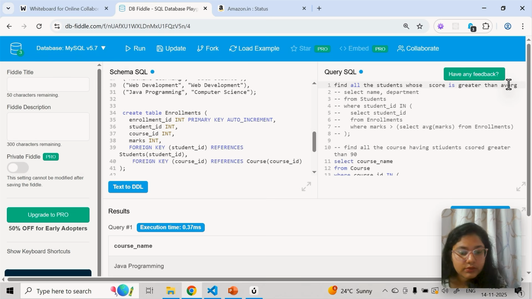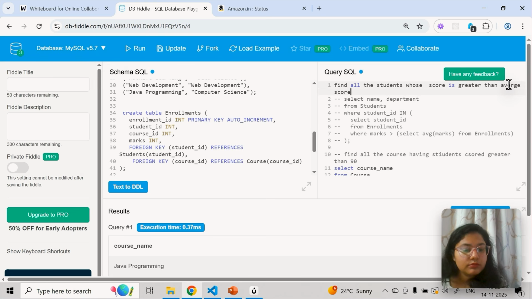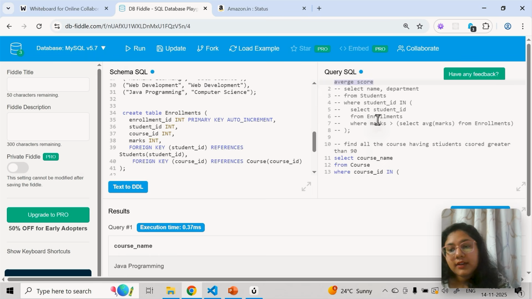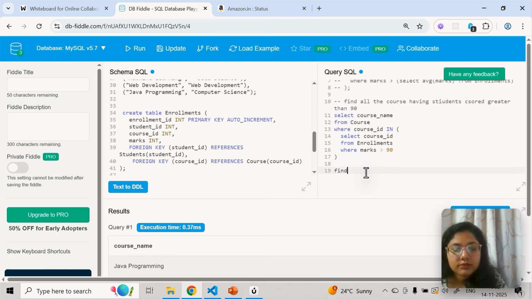Now next what we are going to see is how to find top scorers from each department.